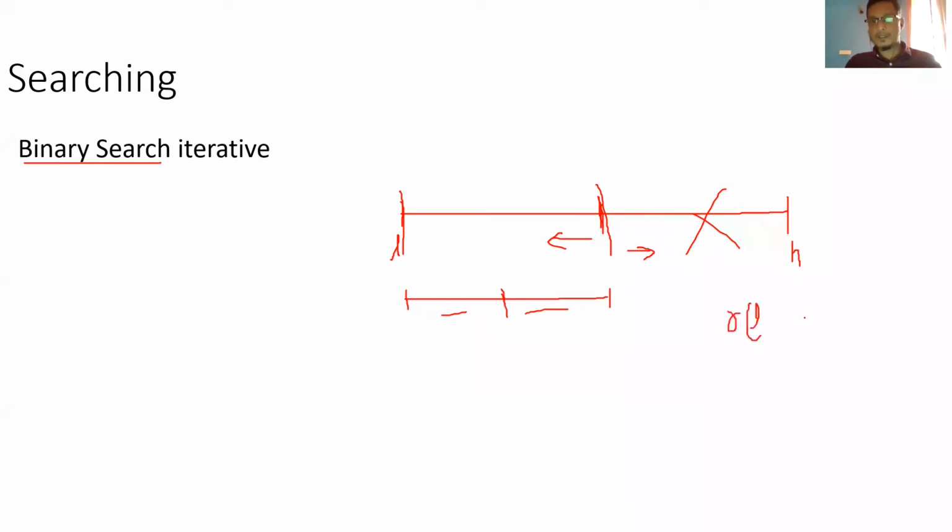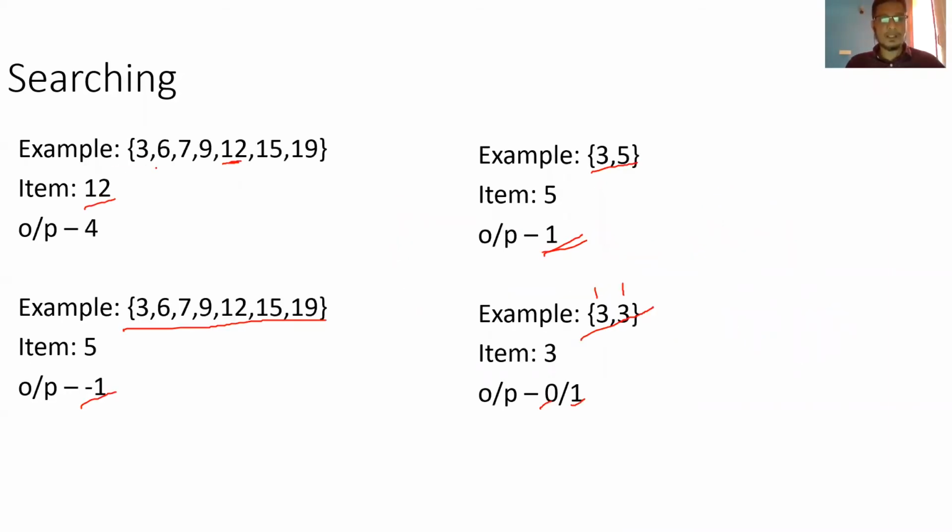I think we already discussed this. But another approach is to go with a naive, iterative solution. You keep searching for that item in this array. Searching for 12, you can check with 3, 6, 7, 9, 12. You can iteratively go through it. That will take O(n), because you need to iterate through the complete loop.